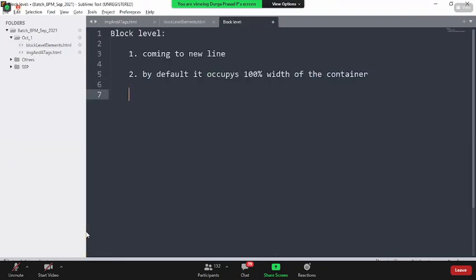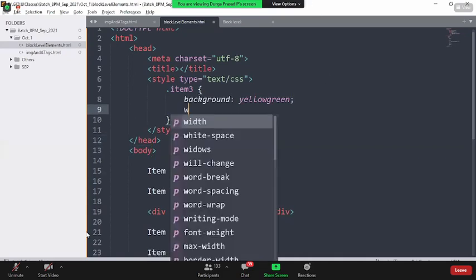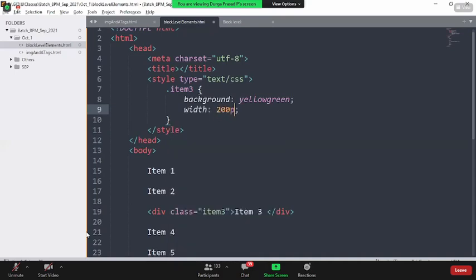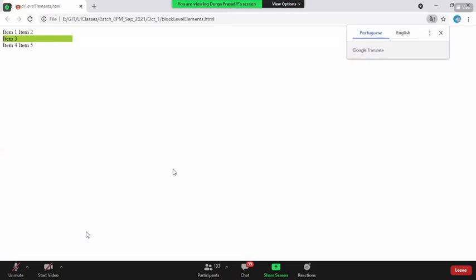On top of that, the third property is that even though it is occupying 100% width, you can always control the dimensions of the element. You can say, no boss, I want only 200 pixels. Now, if you come back and reload the page, it is occupying only 200.